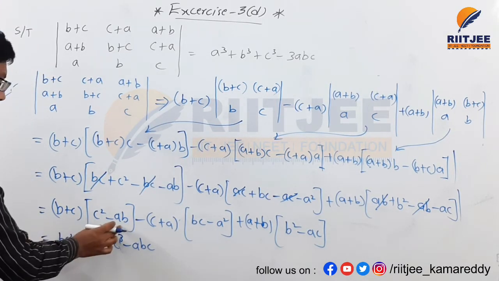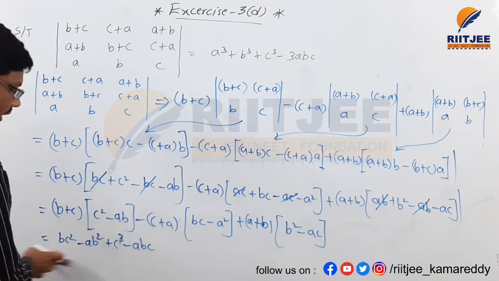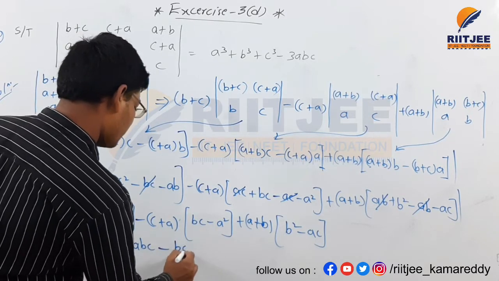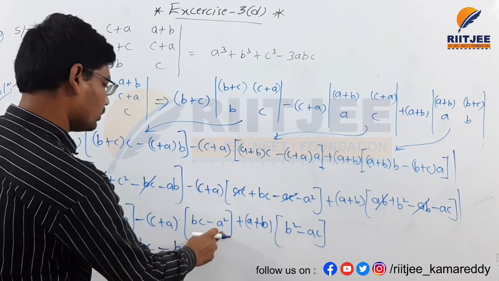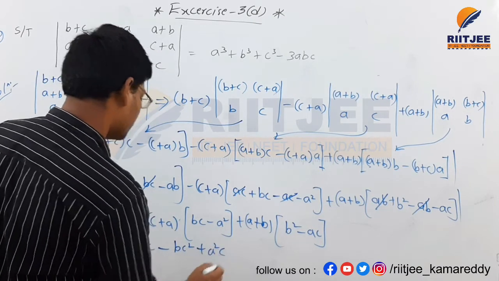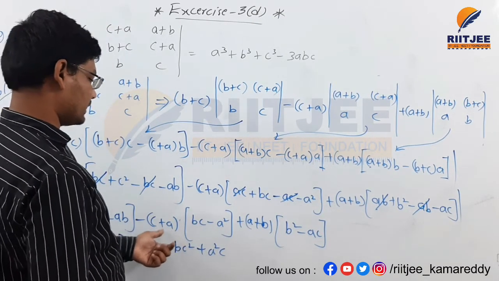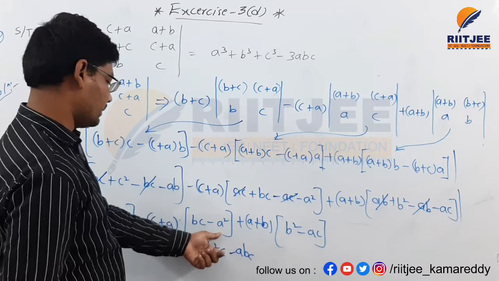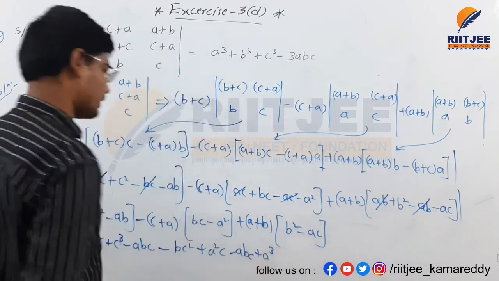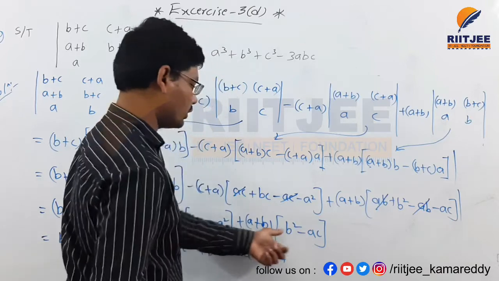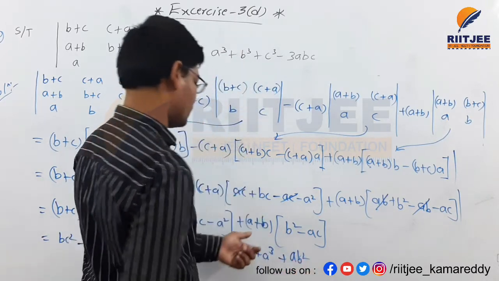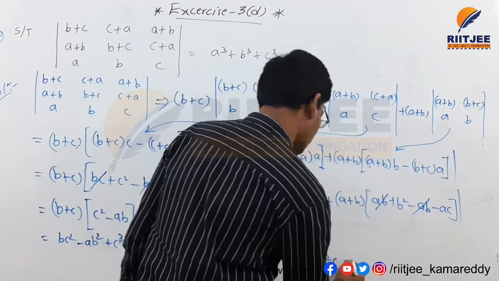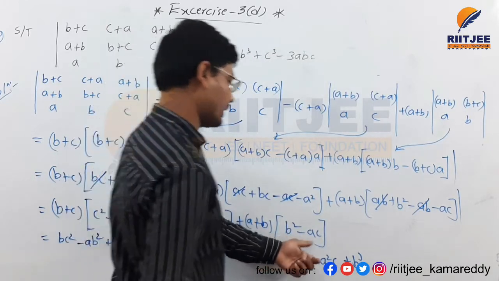Here 2 terms are there, here 2 terms are there, the product, and we are getting 4 terms. Next minus of C into B, BC square, minus BC square, C into minus C into plus A square, plus A square C. Next minus A into BC, minus ABC, and minus A into plus A cube. Next A into B square, AB square. Next A into AC minus AC, A square C. Next B into B plus B cube, and B into minus AC, minus ABC.